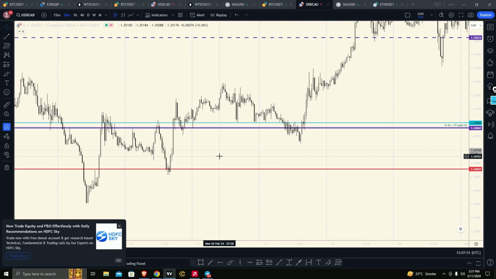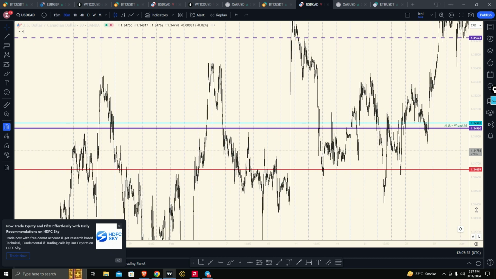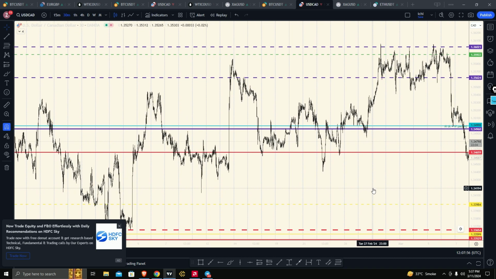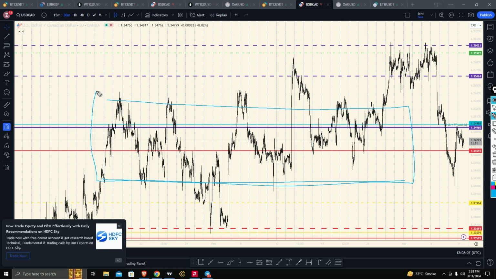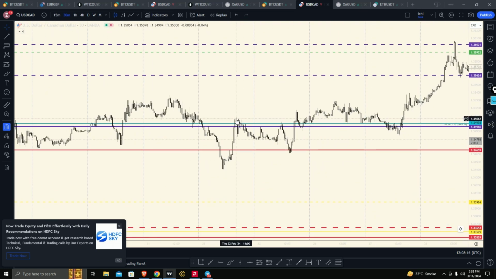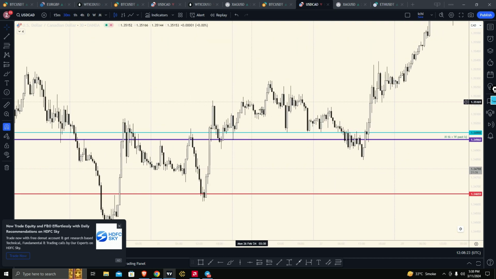What happens? Alright, you can see that the market is in a range. I'll just draw for you. So that is range low and this area is range high. This is a range low test. Pretty much comes all the way towards the range low test. And what happens? Market makes a high. This is Thursday. Friday, another high. So upon the open of the week, we are looking for longs.